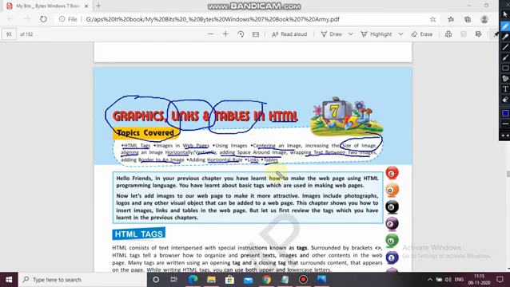Yes, we had learned in the previous chapter the basic tags used in making web pages, like HTML, head, title, BR, P tag, centering the text, font, font face, all these things. Now let's add images to our web page to make it more attractive.